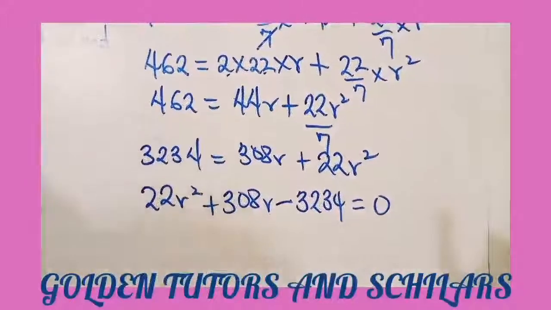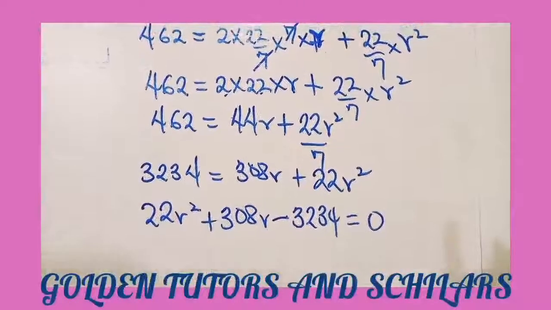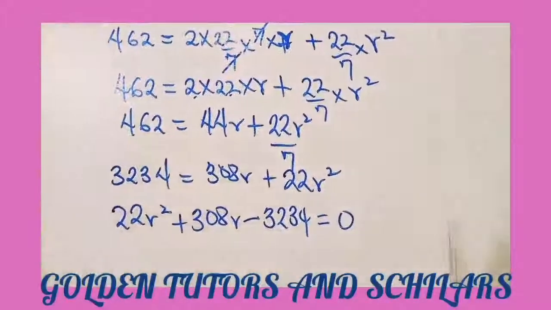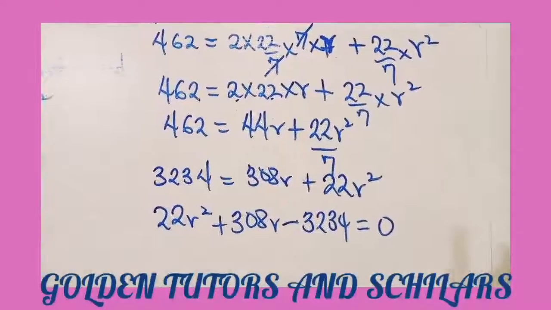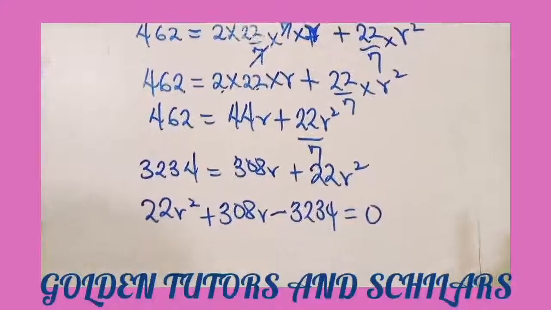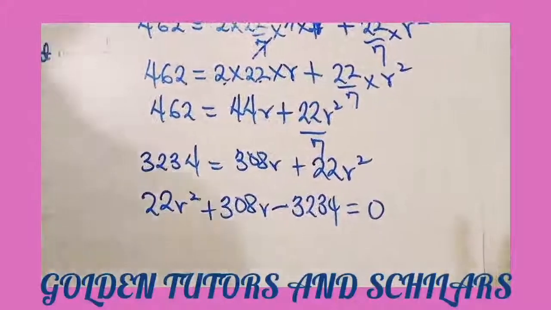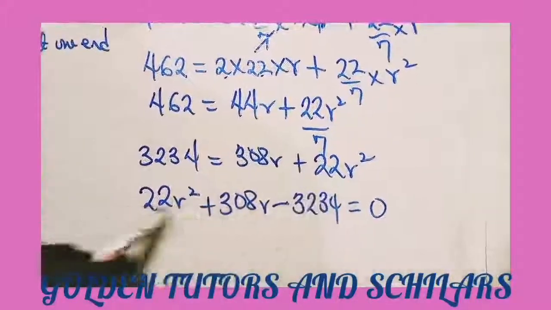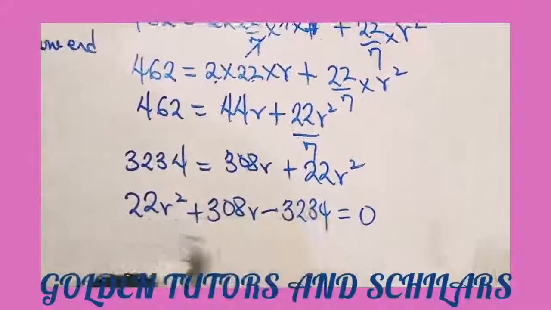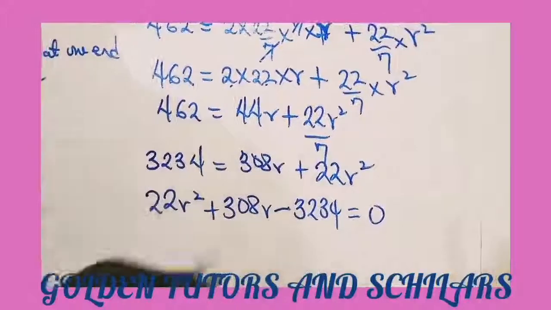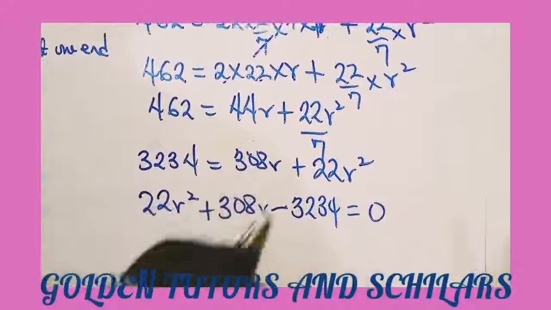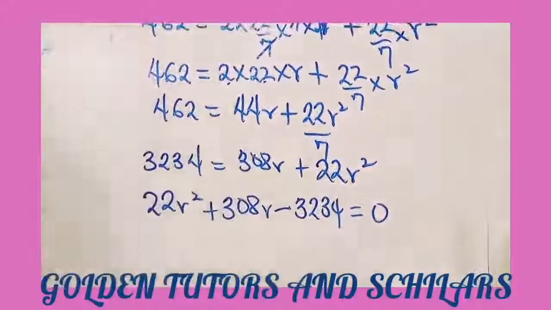To solve this quadratic equation, we need to determine two factors such that if we multiply them, it will give us this product, and when we add them up, we will get this middle term. But before we do that,